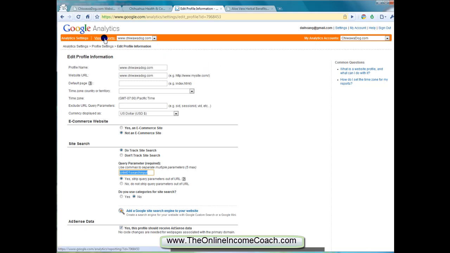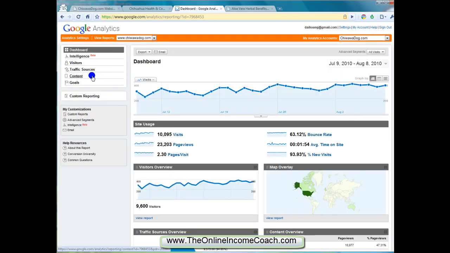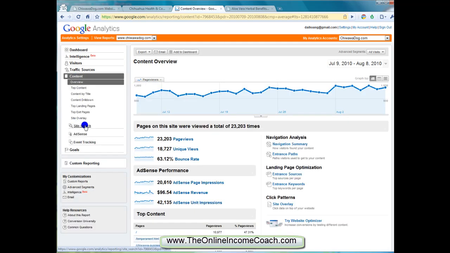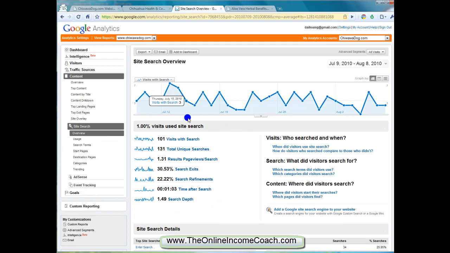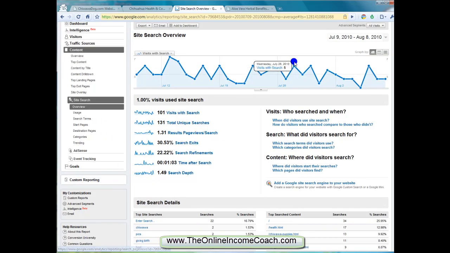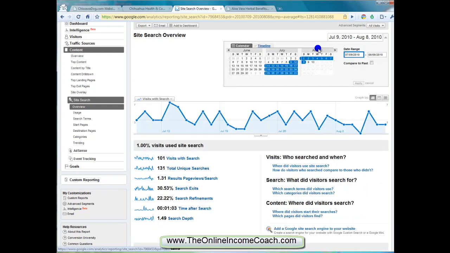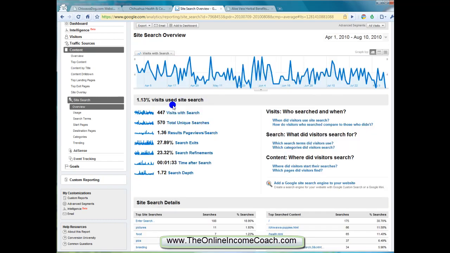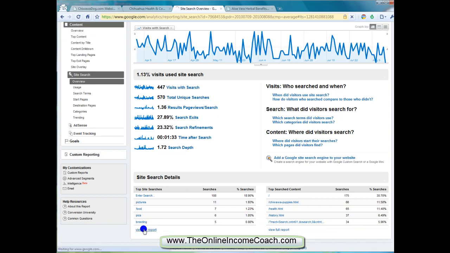And now what you can do is use this data by going to content on the left here and clicking on site search, and after a while you're going to get some information, and you should try and work with a large sample size if you can. So obviously if you have a newish website, you're not going to have too many queries, but in this example I should have a decent amount. Okay, so 447 visits with search, and actual searches 570, and click on full report,